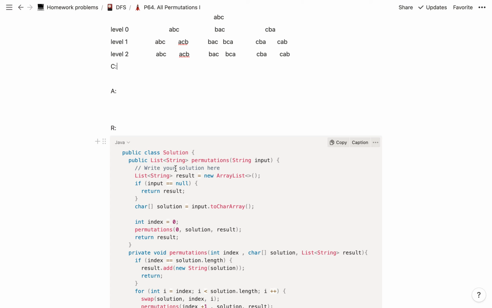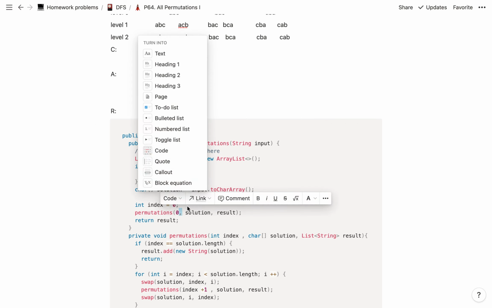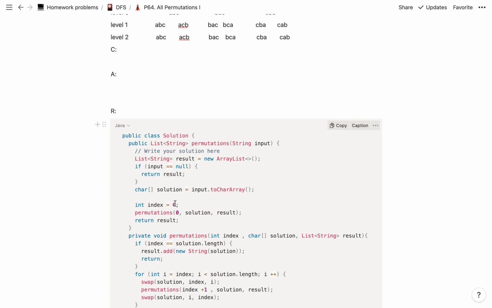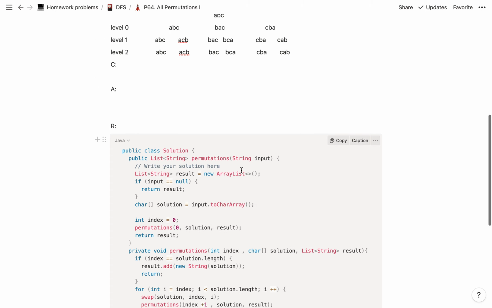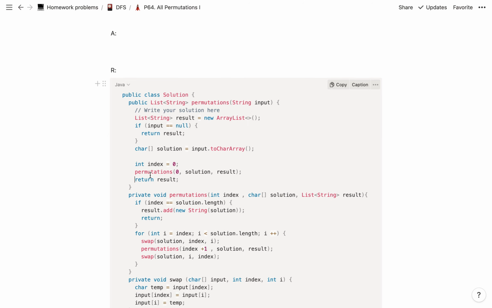We need to initialize the list of strings as a result, transfer the string to a char array, and initialize an index starting from 0, which represents the level of the recursion tree. We eliminate the corner case we just discussed, and we need to call a helper function